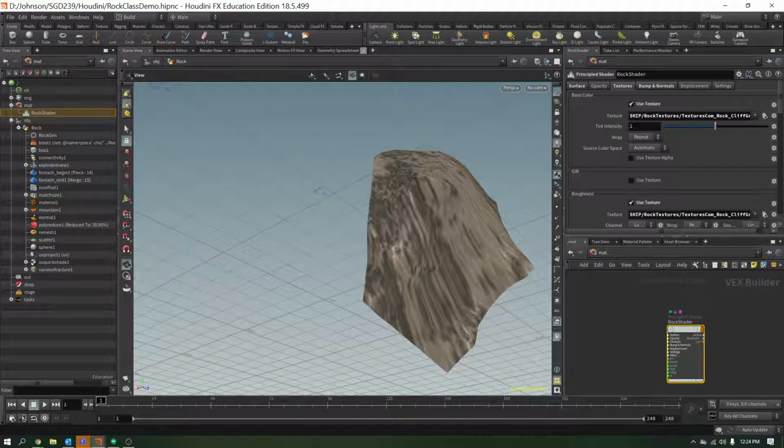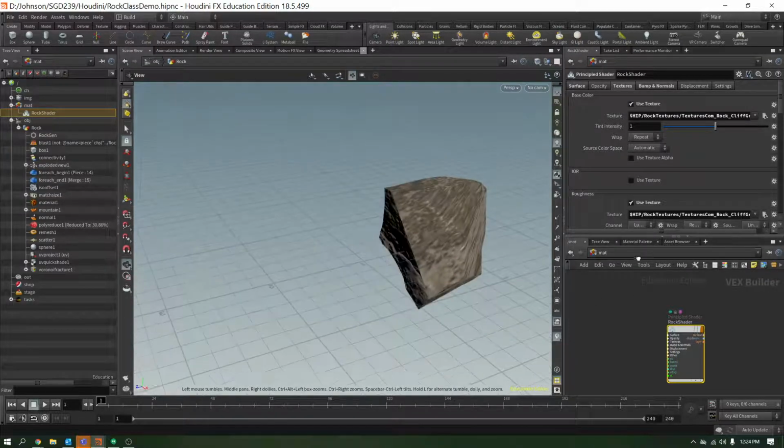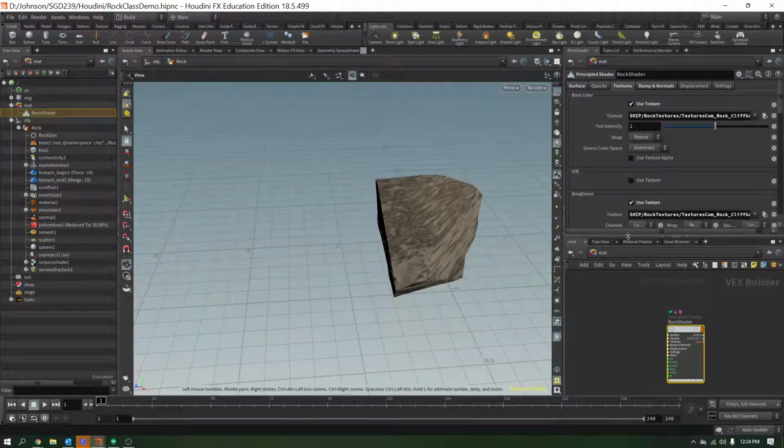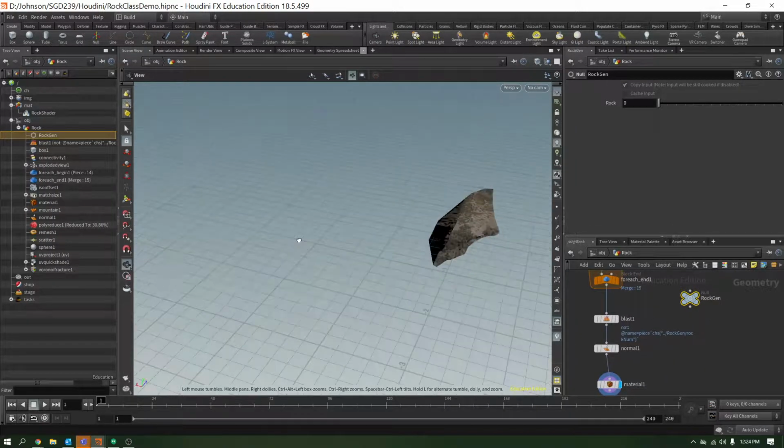No, it's set the same. I think I would just have to play with it a little bit. But for our first material, it's going to be perfectly fine. So if I go back to my rock and I cycle through these,